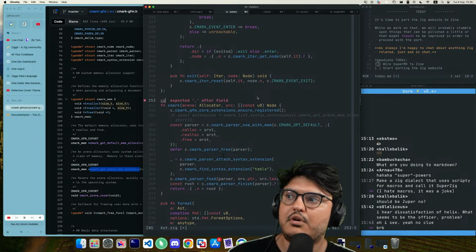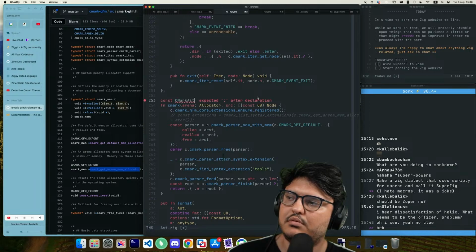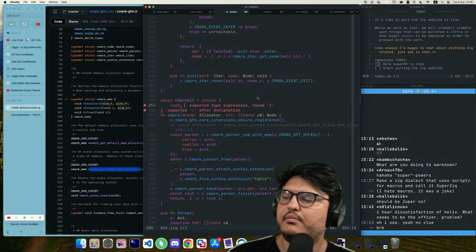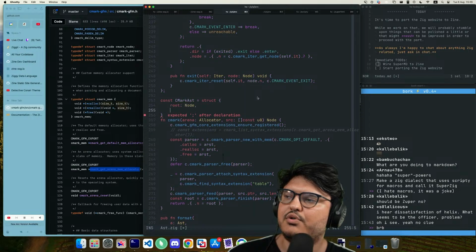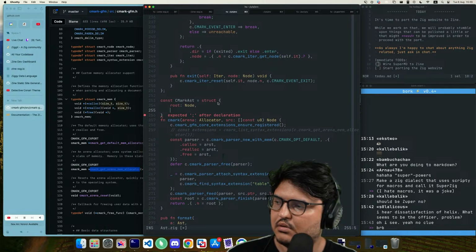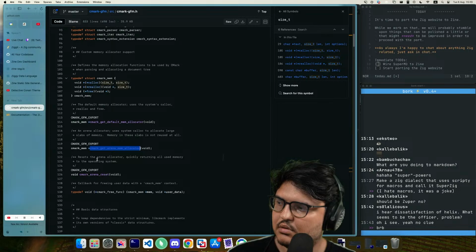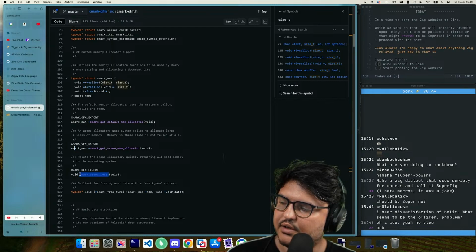So const CMark AST. Root is a node. And then resets the arena allocator. It's completely void.